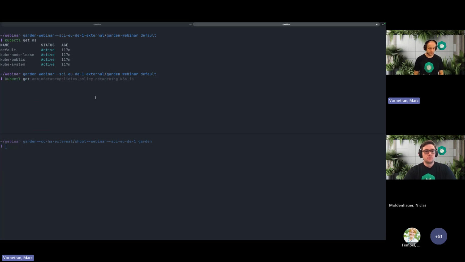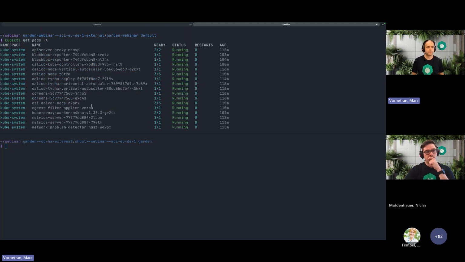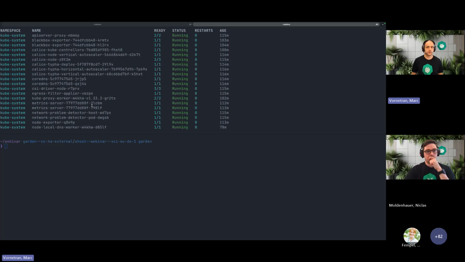So let's see how many nodes we have. We actually just have one node. Maybe there's not a lot going on inside this cluster. But in the naming, you can already also tell again, we're running here in Europe, in Germany. And if we check which pods we have available, let's find out what by default we have here. You see a few system relevant pods that we need for Gardener to work properly, or also for your cluster